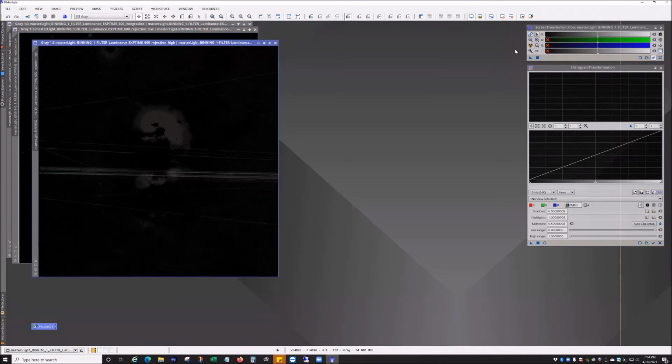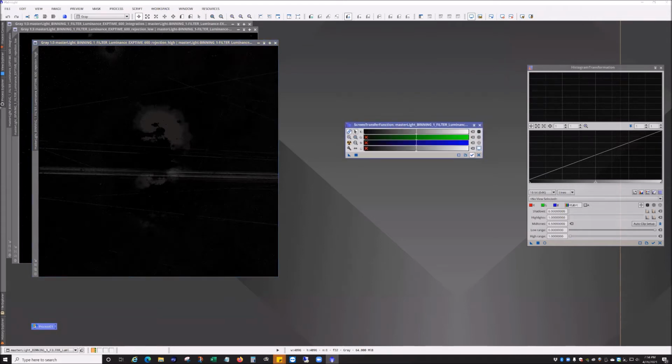Quick side note, over here, top right, this is called the screen transfer function. Basically, this data is the raw linear data. It has not been touched yet. Nothing's been modified. We haven't done anything to it. And if you look at the histogram,